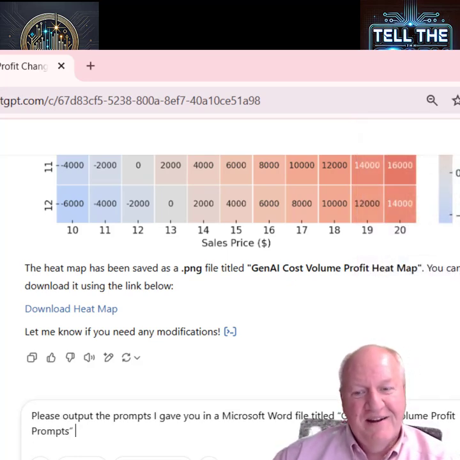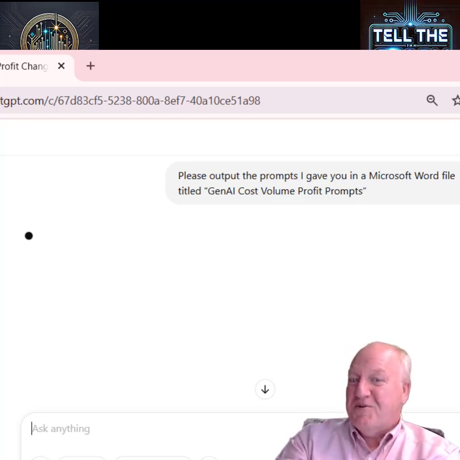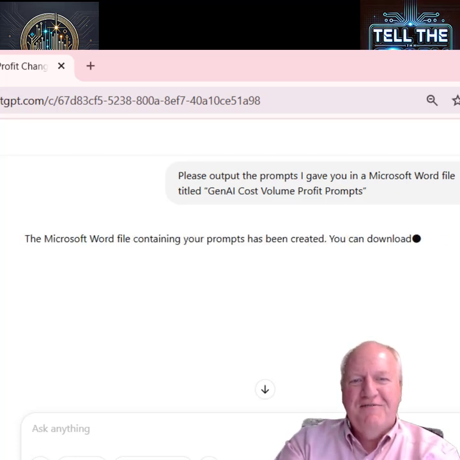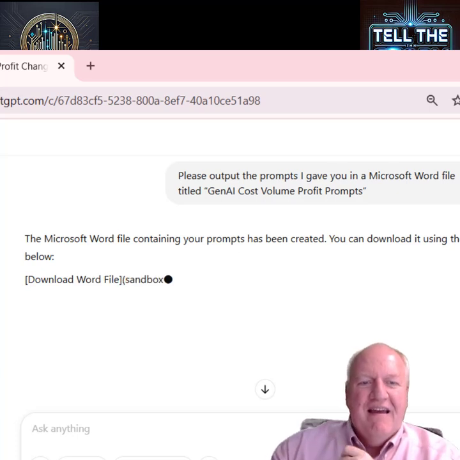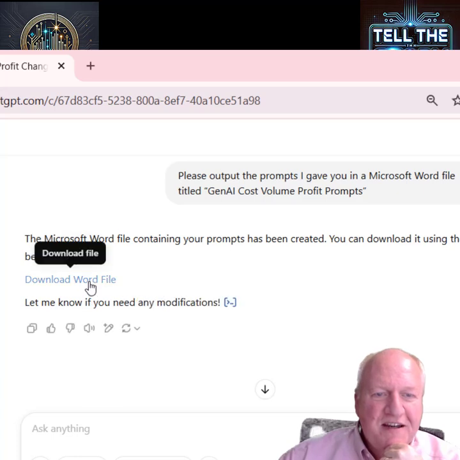The last thing I wanted to do is go ahead and provide the prompts. I could either just have it output it to the screen, or output it to, in this case, a Microsoft Word file or just a text file, and it will just provide those. So that completes the lab, as soon as it completes the output. And so here's the file that was created, and once again I can click on it and just provide that.